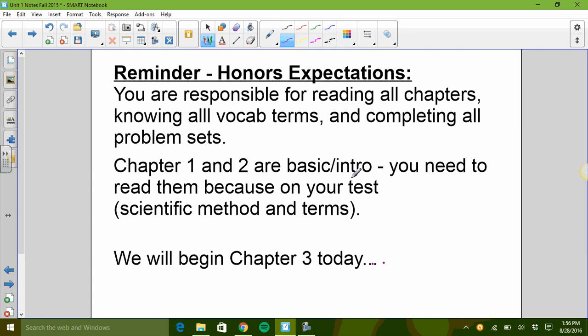Today we're going to be doing our first flipped lesson where I'll be talking through a PowerPoint with some basic knowledge, and then the following day in class we'll be applying that knowledge in small groups. You can see here that the honors expectation is that you are looking through your textbook periodically, specifically right now at chapter 1 and 2 on your own time, but today we will be really focusing on chapter 3 because that is going to give us a glimpse into the math that's involved in chemistry.